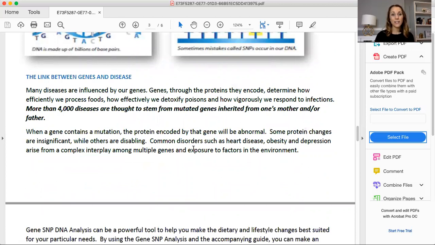And diseases, they're finding, are influenced by our genes. There are about 4,000 diseases that are from mutated genes from either one's mother or one's father or even both. And so when a gene has a mutation, the protein that's encoded is going to be abnormal. Some don't really matter, but others make a huge difference. And so these are common disorders like heart disease, obesity, depression, and there's a whole interplay between genes and then